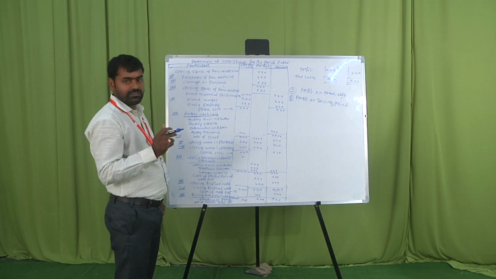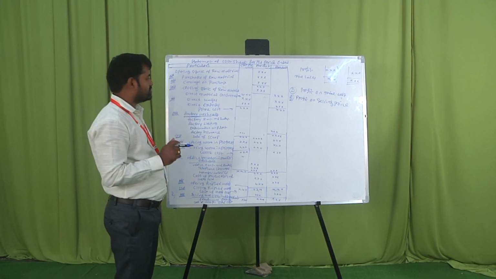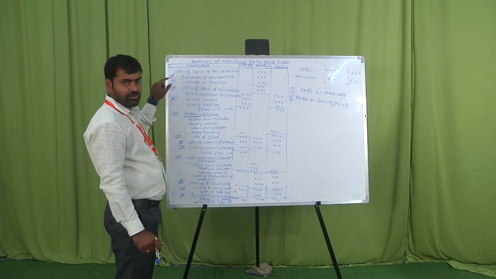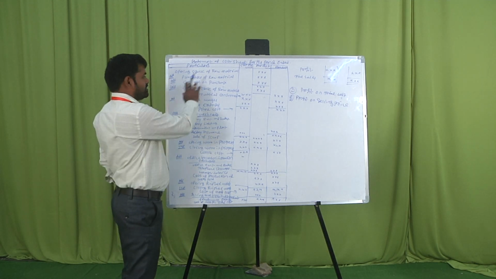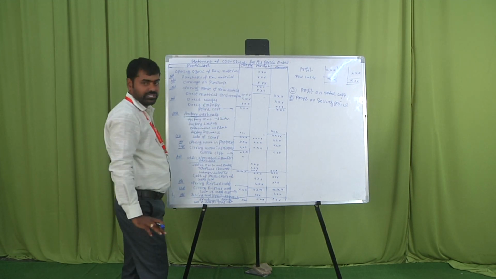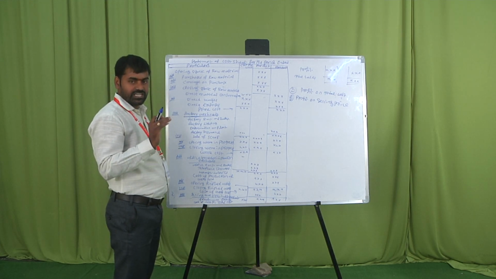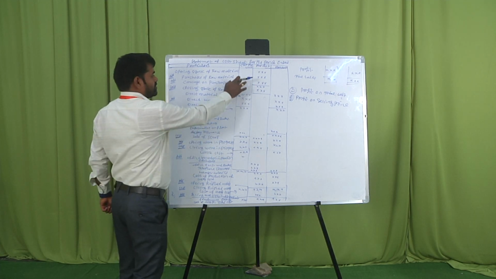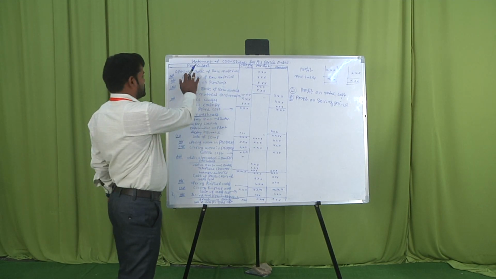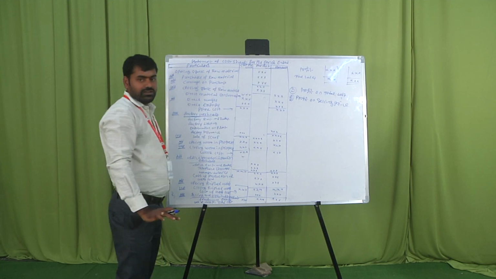One is normal cost and another one is including opening and closing stock. Whenever the question gives opening stock balances, we take this format. Otherwise there is no need for the cost per unit. Whenever the problem mentions production units or sales units, we compulsorily take cost per unit; otherwise no need. So first: particulars, cost per unit, amount inner column, amount outer column.